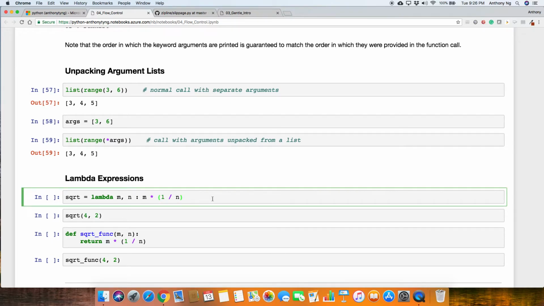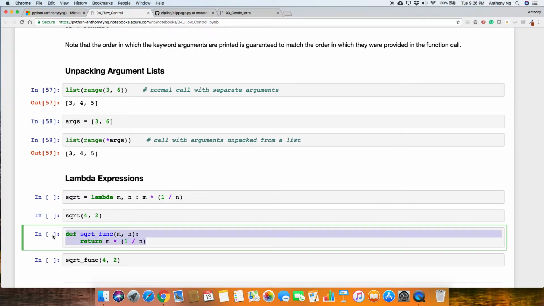Lambda expression is a little bit like a function, except that it's very compact. If you write square root using the define function, it will look like this. But if you're using lambda, it will look like this. So you have lambda, the two so-called parameters or arguments, m, n, colon, tells Python this is the beginning of the definition of the function. So it's m times